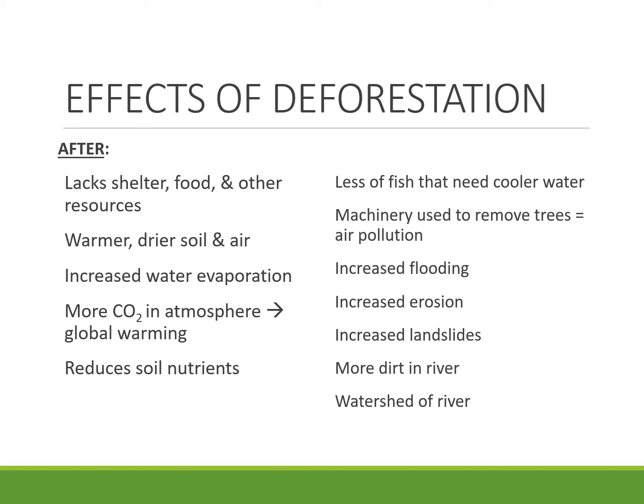Like we said, watershed. So the side of the mountain sheds water into the river. Well, now if you remove the trees, you're going to get more soil erosion, which means dirt in the river, right? You're going to get a chance of increased landslides, nothing to hold that soil in place. You're going to get more flooding, nothing to slow down the water. It's just going to go super fast down the side of the hill into the river. This one, I threw that one in there. I don't know if anyone would have thought of that, but to remove the trees, you need machinery, and that would lead to some air pollution.